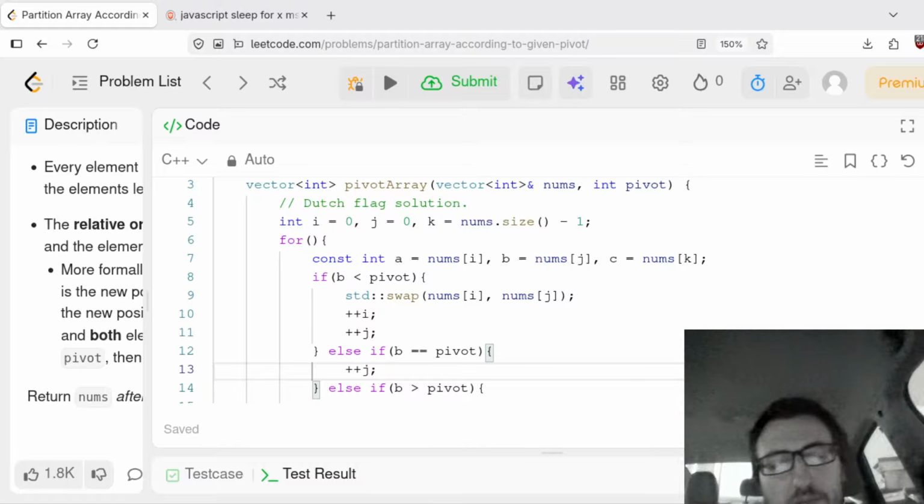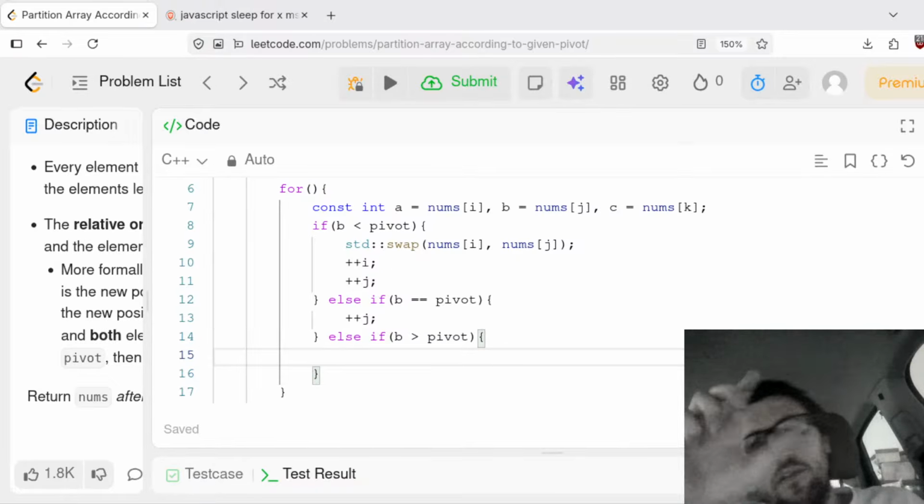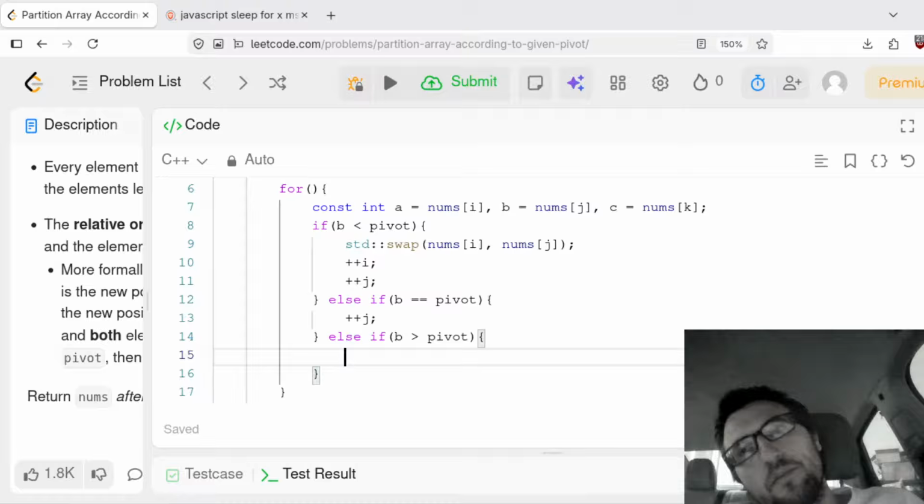And if B is the pivot, then we just increment. We don't touch anything. And if we're larger than the pivot, then we want to move to the beginning of